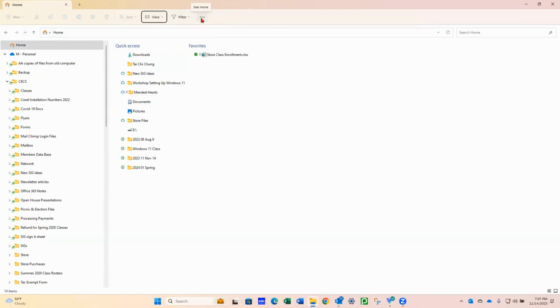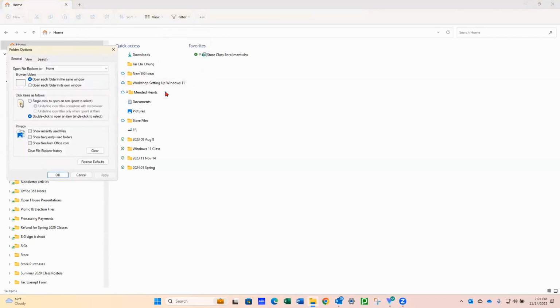So if you attended one of my sessions on File Explorer, I showed you this in Windows 11. You click on the three dots. And the three dots means show me more. So you click on the three dots, and then you click on options. And when you click on options, this very first line here,